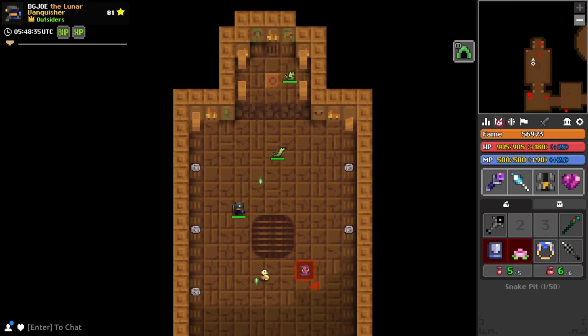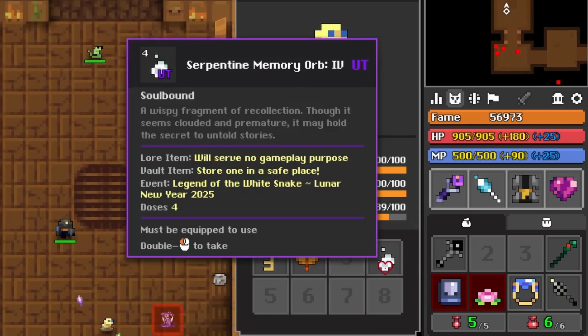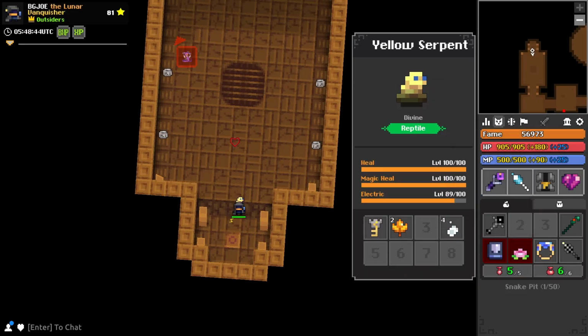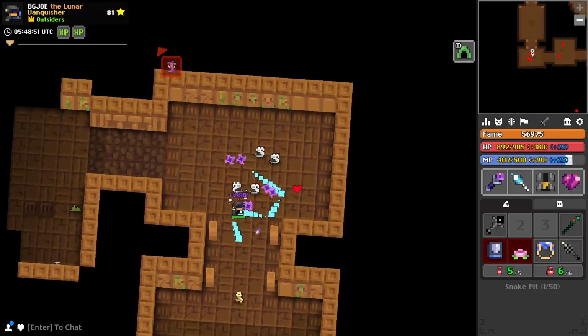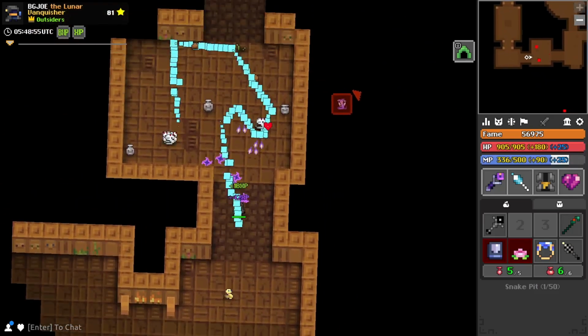I should probably explain the item we're going for. It's a Serpentine Memory Orb 1. This is Serpentine Memory Orb 4. It drops from the White Snake Invasion 3 dungeon. That's a whole other thing I can talk about later, probably, since we're going to be here a while. But there's 4 in total. 4 drops from Invasion 3, 3 drops from Invasion 2, 2 drops from Invasion 1, and then 1 drops from